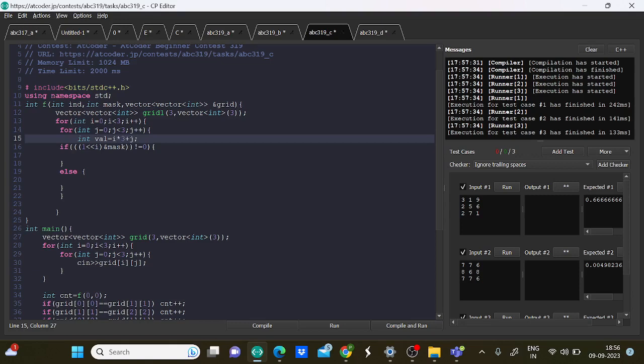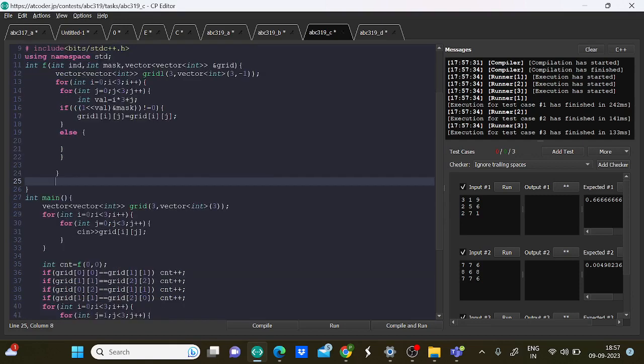Okay, so let's put it val. And if this is the case, let's put it -1. And we have to do one more thing: grid 1 of ij equal to grid of ij. Okay,